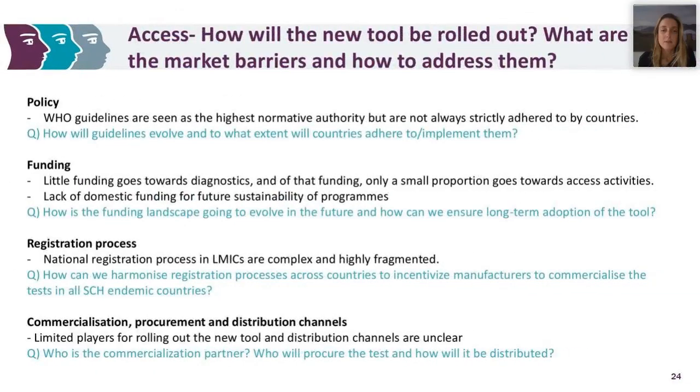My final example of topics that we need to think about in terms of access is around procurement and the distribution channels. There are limited players for procuring new tools, and the distribution channels are unclear. So what is needed to identify the commercial partner and then look at who and how the test will be